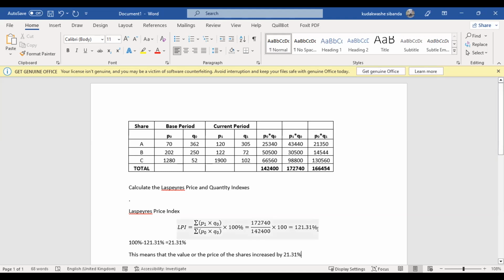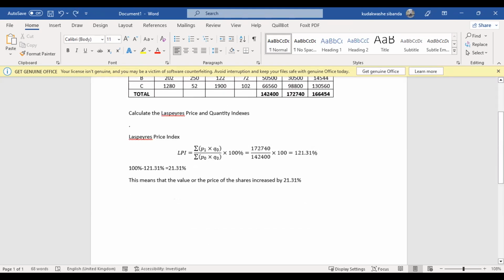Like in this case, if it was, let's say, 78, we say 100 minus 78, and you get 22. So we'll say the price of the shares decreased by 22. Basically, that's how you approach it. So we are done with the Laspeyres price index. Let's look at the Laspeyres